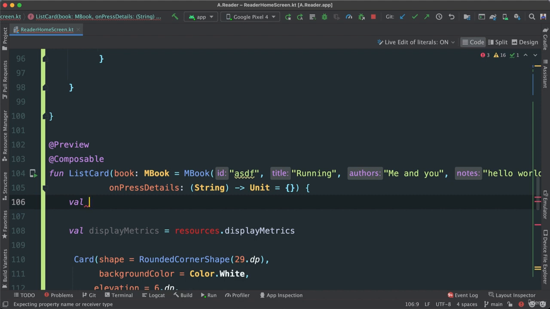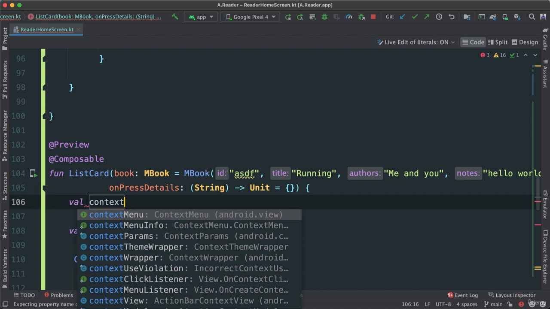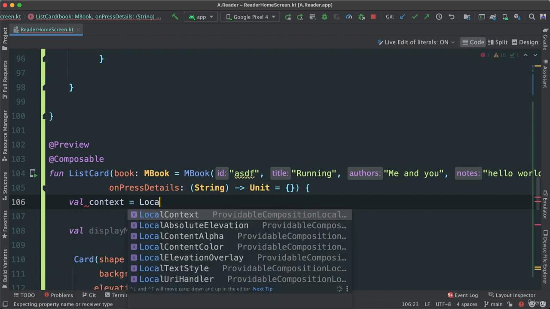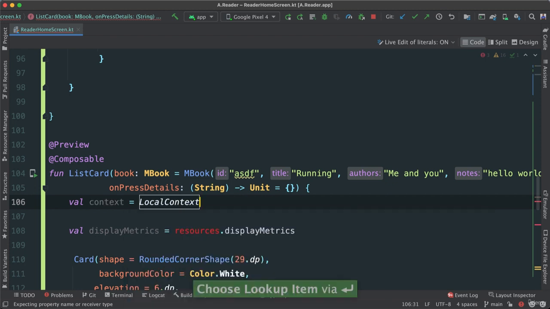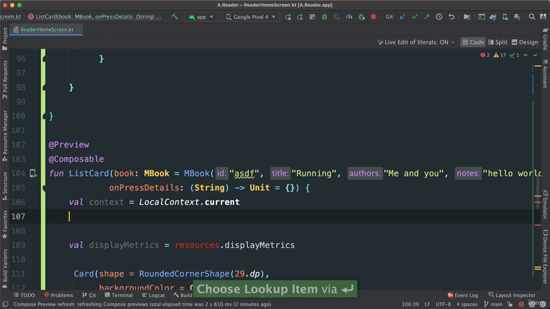So I'm going to say val context. I'm going to use the local context. See, providable composable local context. You can read a bit about it. Doesn't have much, but it says provides a context that can be used by Android application. So I'm going to say get the current, like this, to get the current context,